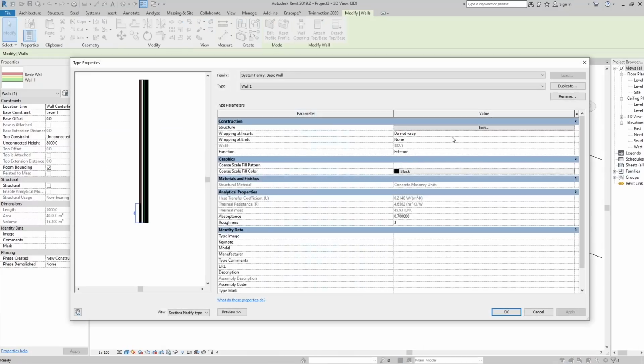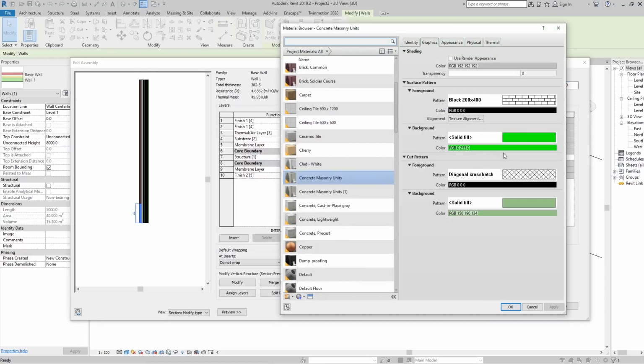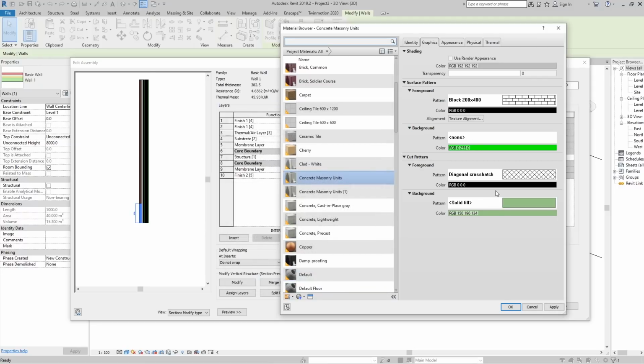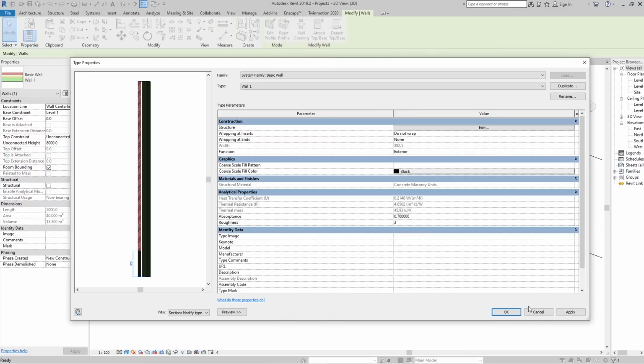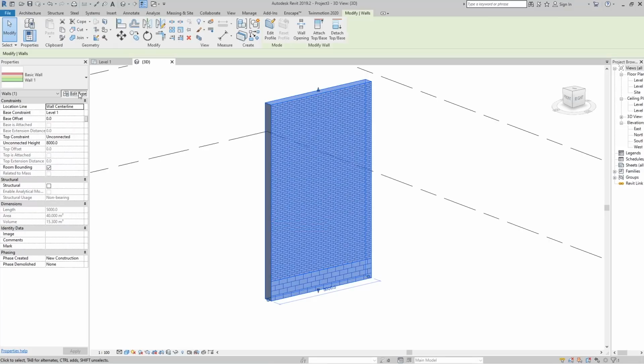Go to the edit type, edit, concrete masonry, go to the material, and this is a problem. Just surface pattern, go here to none, and say apply. Okay. Can we improve this wall more? Yes, of course. Click here, edit type,